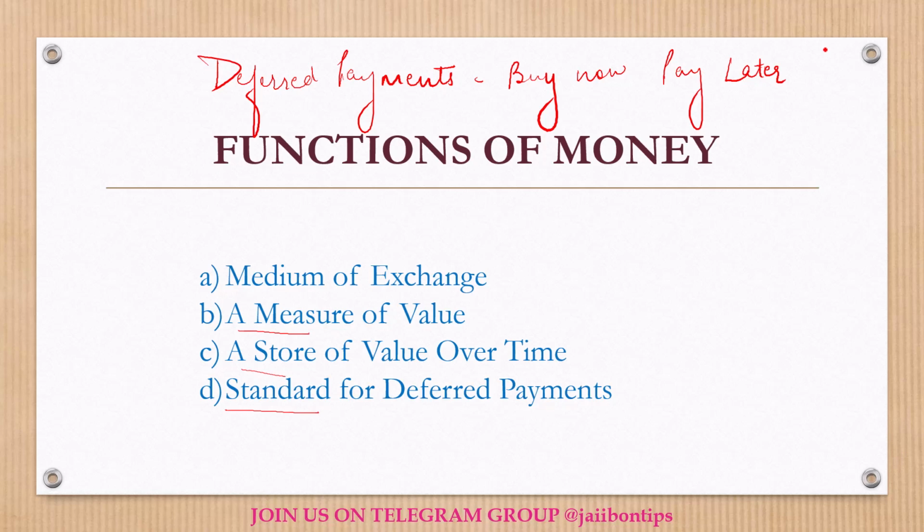It's like when you want to buy a new phone but don't have all the money right now, the store offers you the option to pay for the phone over several months. So you get the phone now and promise to pay a certain amount each month until the total cost is covered. Deferred payment can also be used when you borrow money, like taking a loan for a car or a house. Instead of paying for the car or a house all at once, you pay back the money you borrowed in smaller installments over time, right?